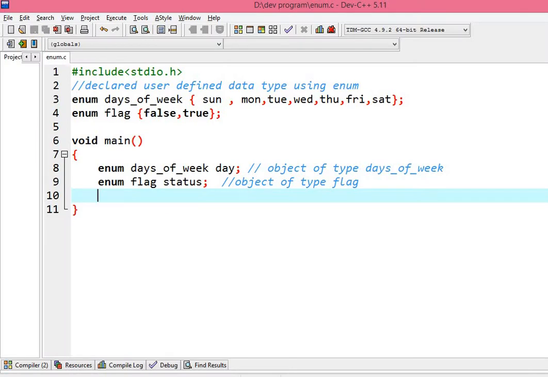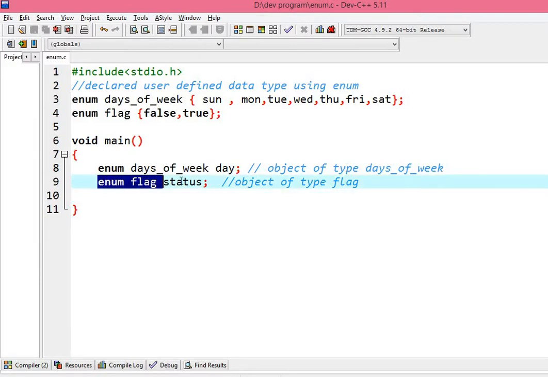In this program, this is just the previous example that I explained in my previous video on what the enum data type in C is, and over here I have declared another enum, that is flag. One object of each enum type is created: enum days of week day, and enum flag status.